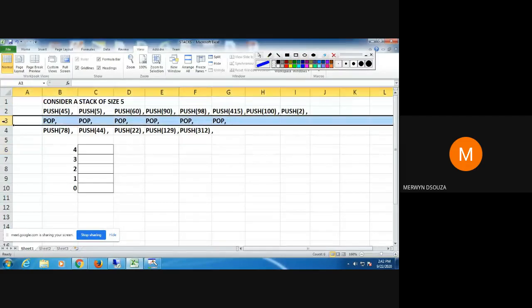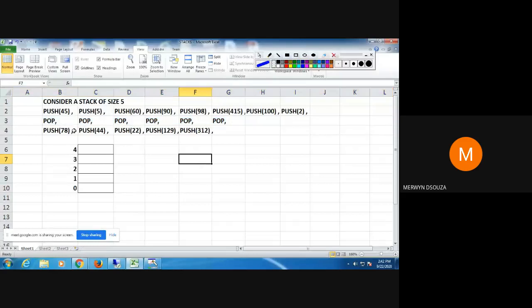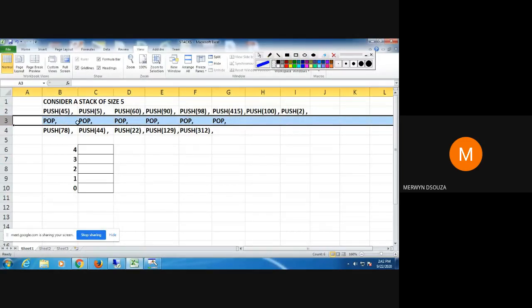After that, write down pop 6 times. Between each pop there should be a comma. You need not write on separate lines.